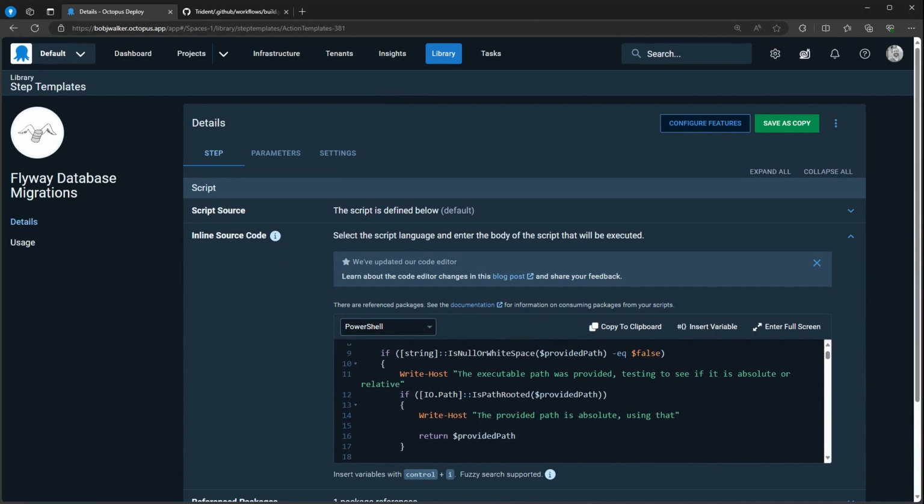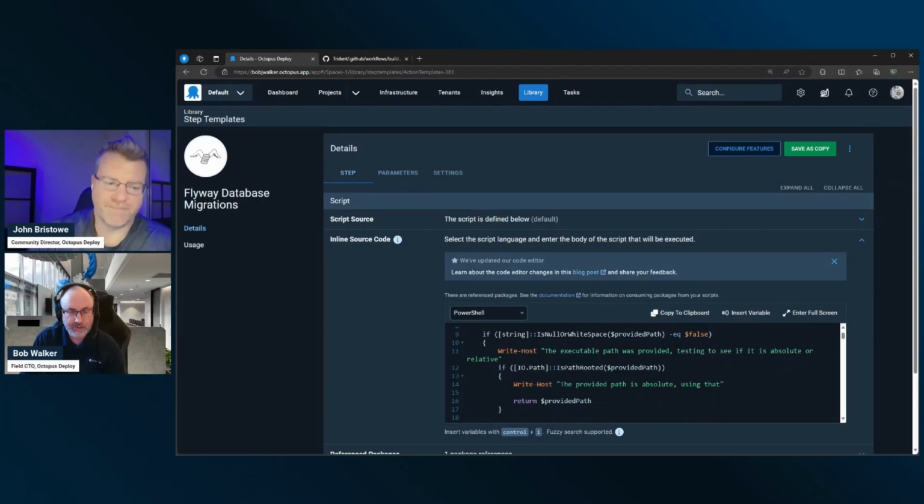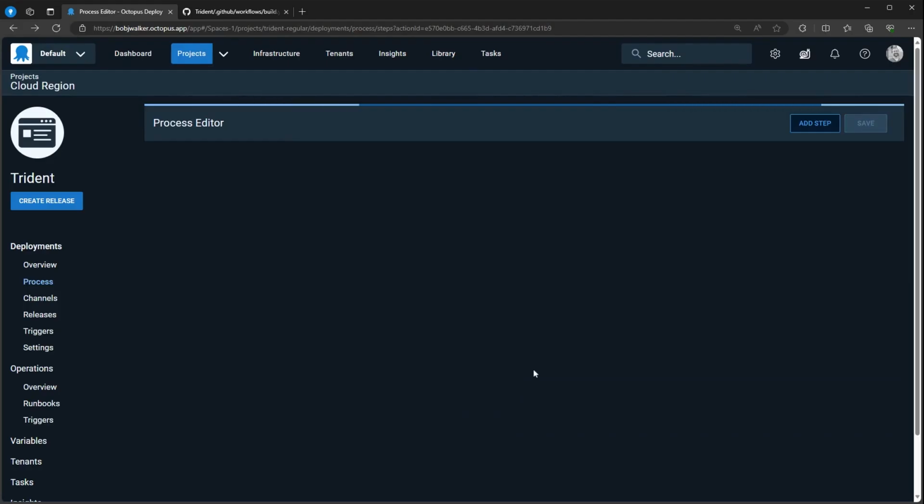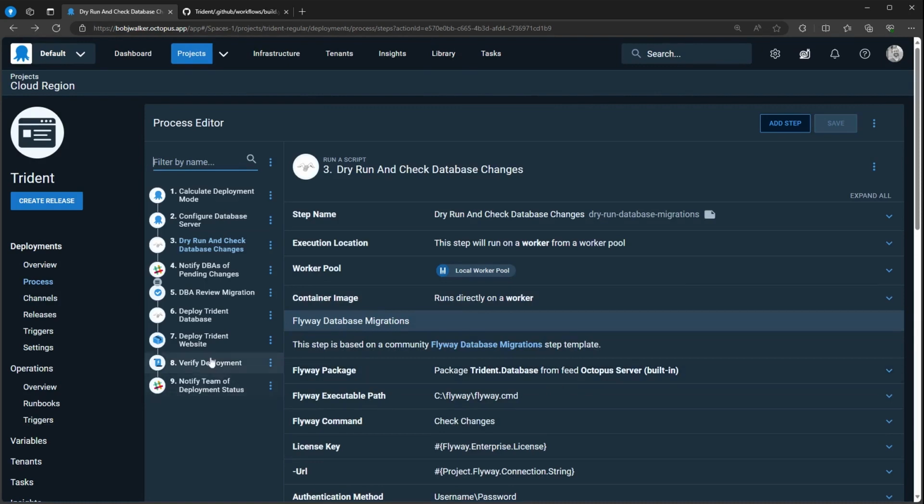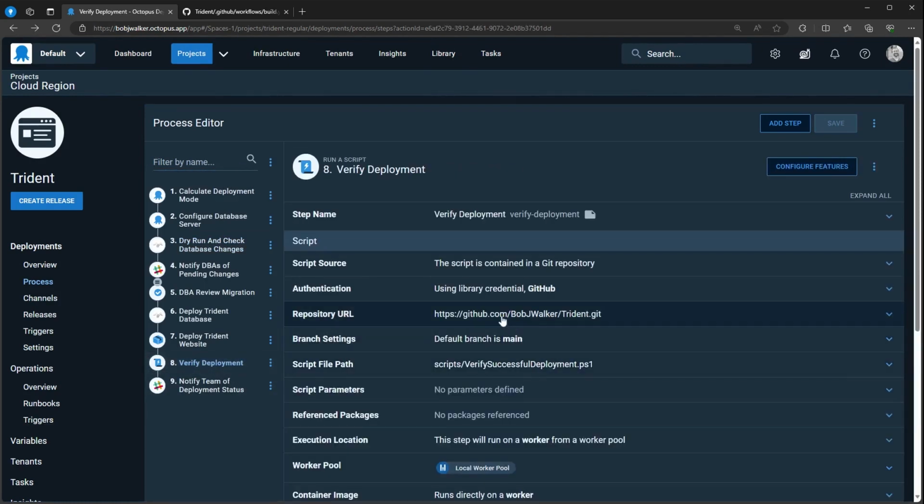And there's both pros and cons to doing something along those lines, but it's not the best experience, especially if you want to do things like version control your script and have a bit more control, or be able to share those scripts between projects. And so I'm really excited by this new feature where we can come in and we can add a script,